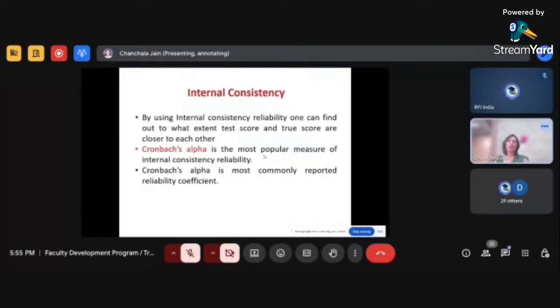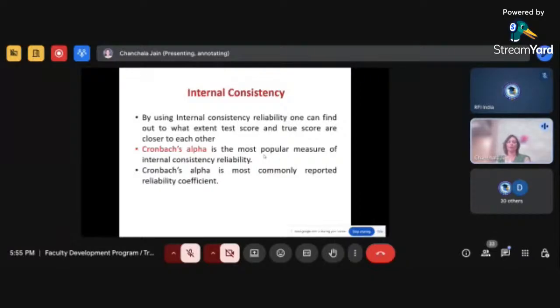Now, here comes the next slide, which is talking about how we can measure the internal consistency. I think there is a very famous measurement you have heard about, which is Cronbach alpha, right? Cronbach alpha is a measure which is very popular nowadays. People are using this measure to measure the internal consistency of the scale. That means whether your scale is internally consistent, internally reliable or not, you can check using the Cronbach alpha,